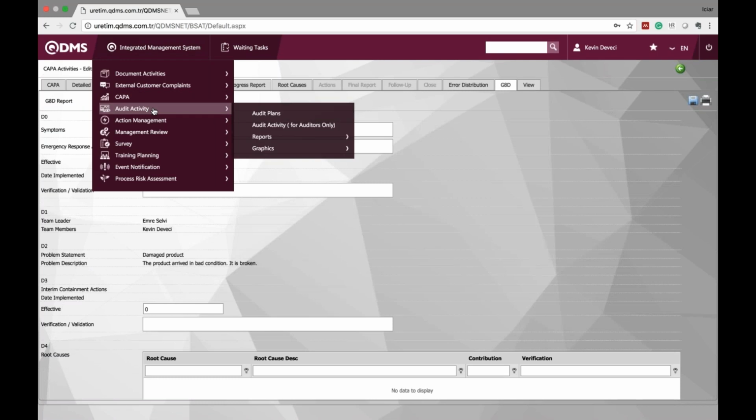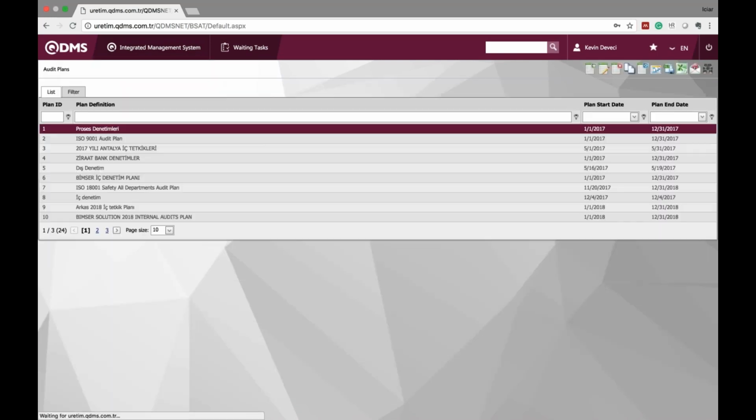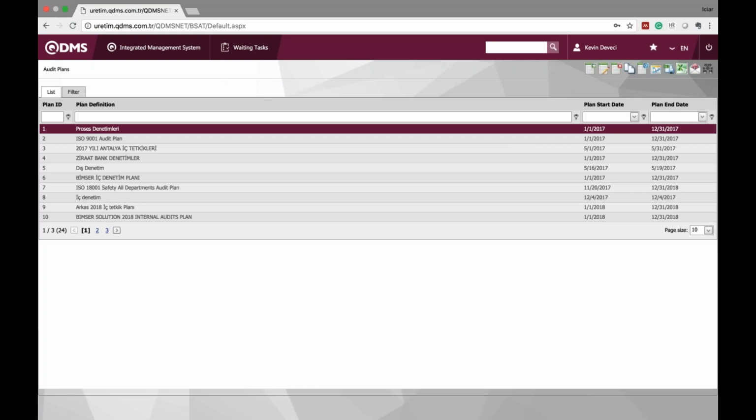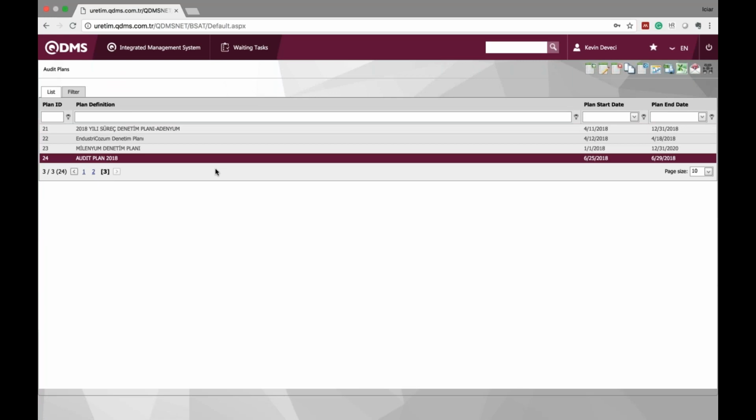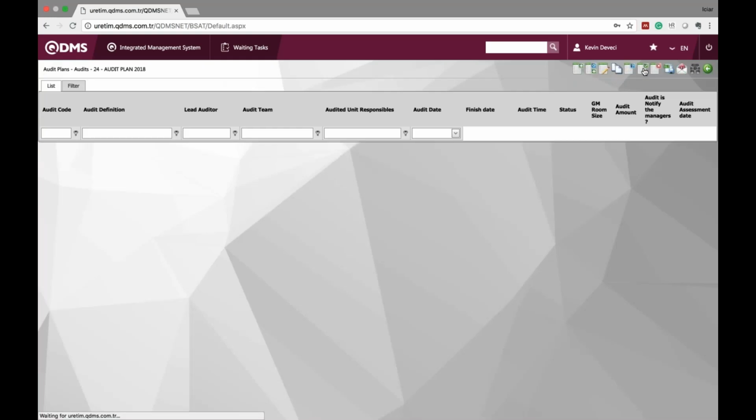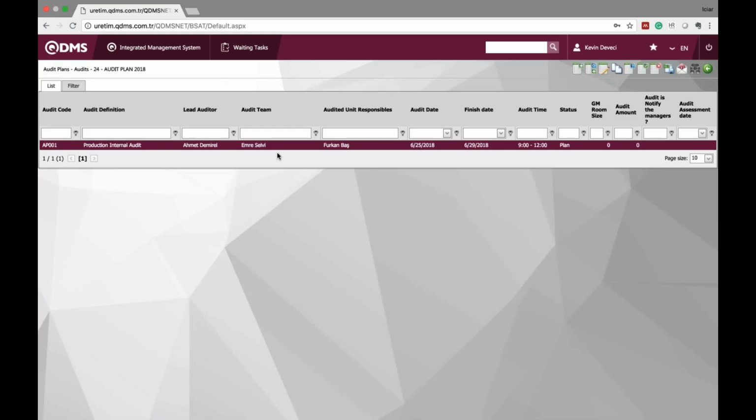Then the next module is for the audits. So what we can do is either use QTMS for internal or external audit purposes. So let me look for one of the examples here. This was an audit plan for 2018. And what we can do is create different audits that belong to this one plan. So in this case, there is just one audit here. We could add